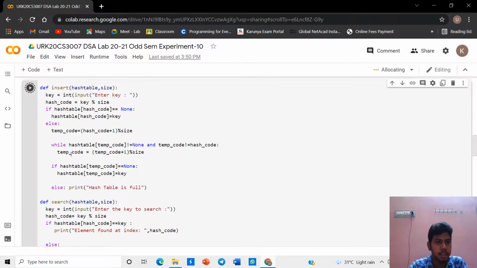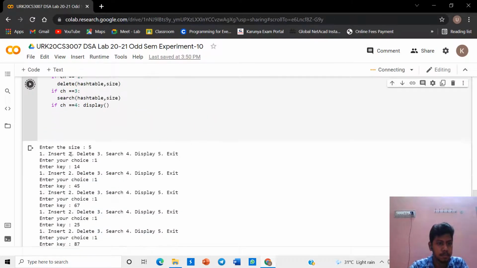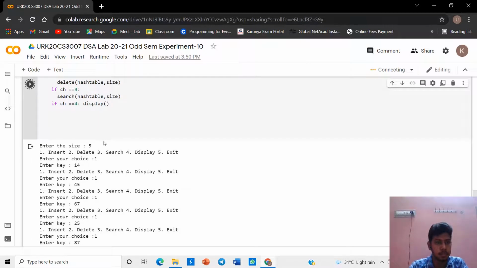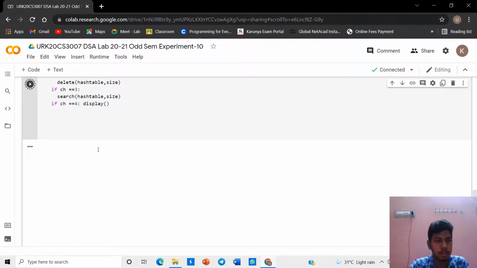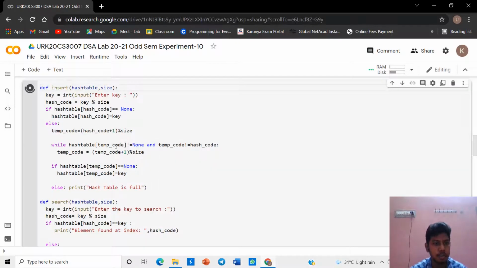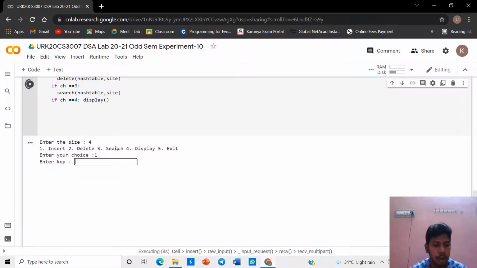Let's run the program and see the output. It's running very slowly. First I give size 4, then choice 1 to insert the values.